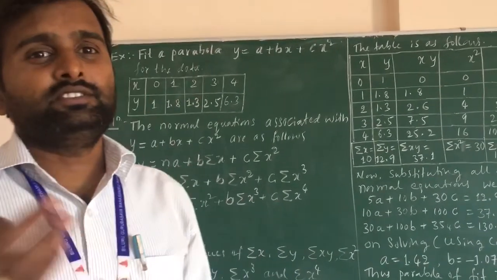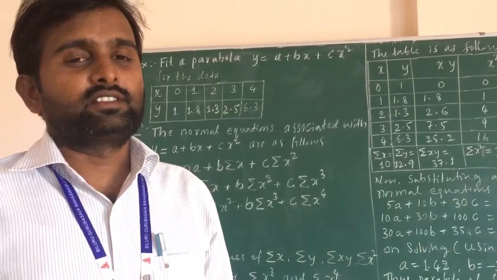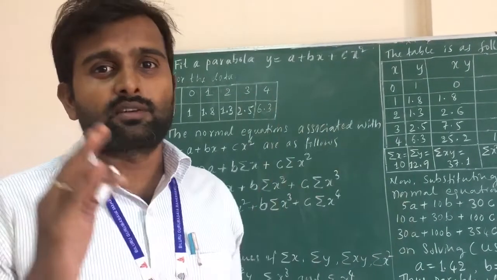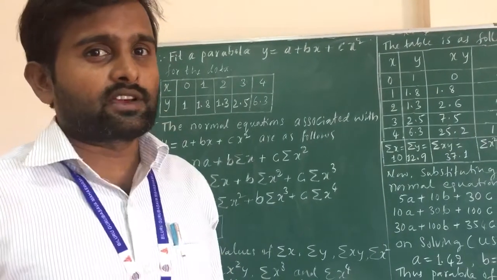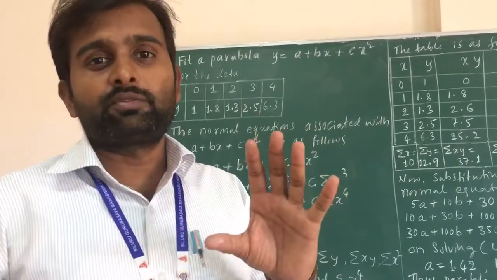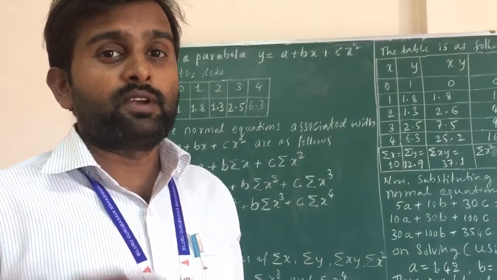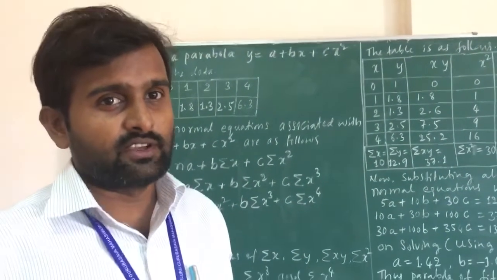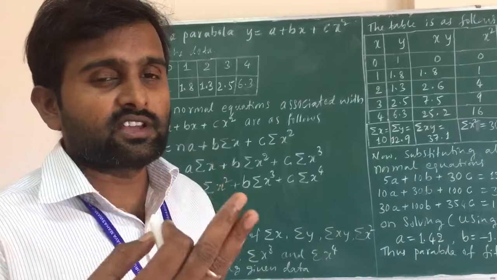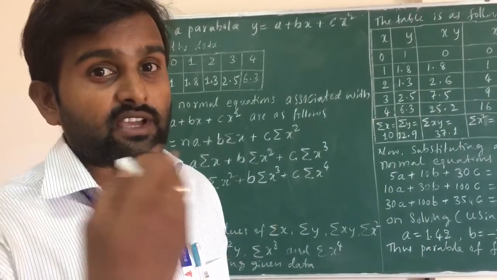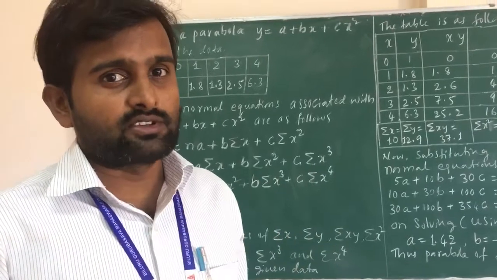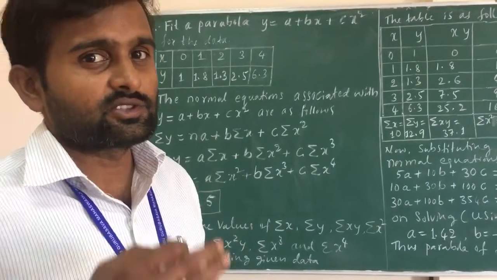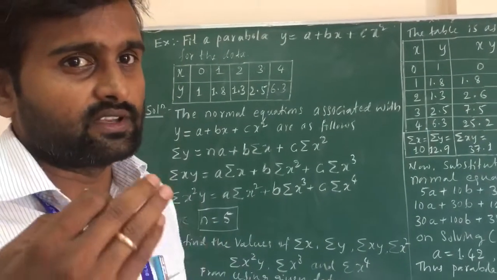So in the last video we have seen curve fitting, right? Similarly, we will follow the same example, one more example here using curve fitting. We have seen curve fitting only for the first degree. If you fit a curve for the second degree, how do we do it? The first degree is y equal to ax plus b. If you have a second degree, it is nothing but a quadratic equation, so y equal to a plus bx plus cx square, right? Like this, we are going to fit a curve in this example.